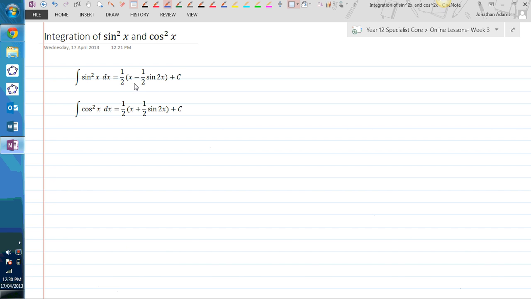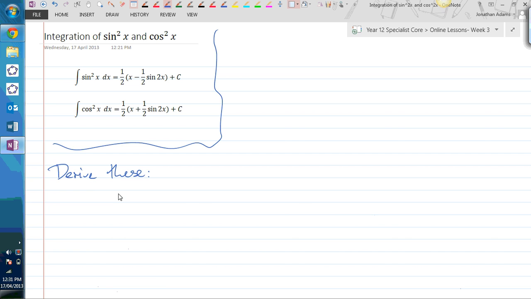Sine squared x is a half x minus a half sine 2x, and the integral of cos squared is a half outside of x plus a half sine 2x. And I'm actually not going to derive these two results because I'm going to leave this for you to do. So I'd like you to derive these,